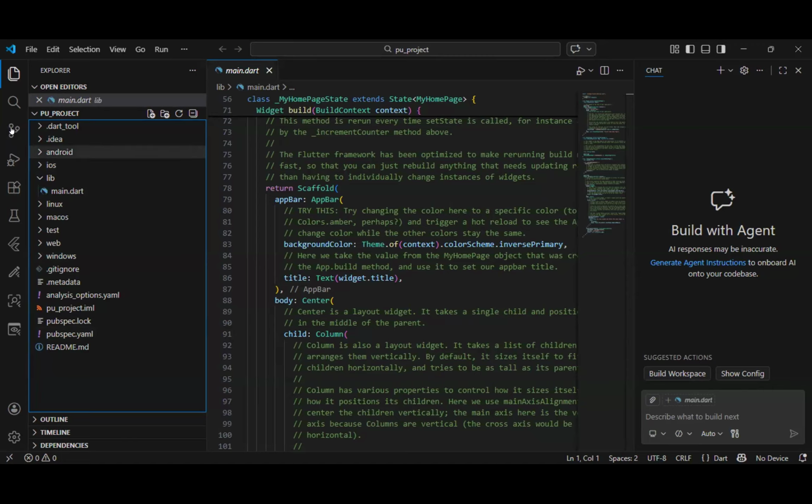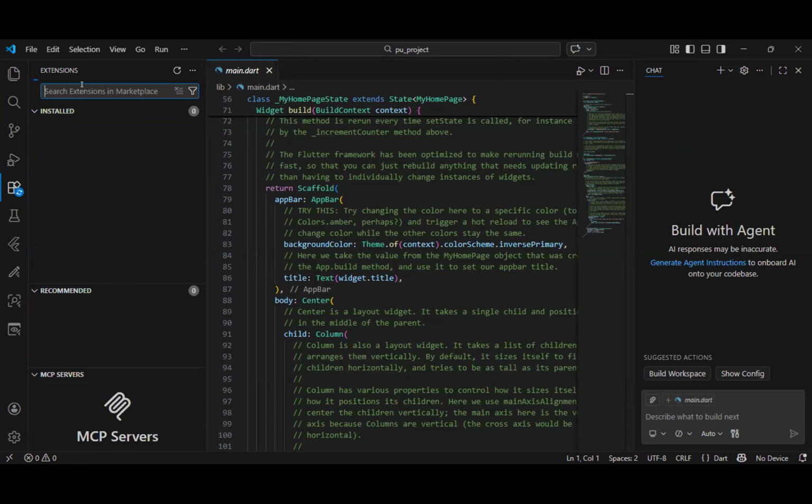You come to Extensions. Can you see where my mouse is? When you open your VS Code, you go to Extensions. At the left side, I've put the mouse on Extensions. Have you seen it? Yes. When you click on it, you come to the extension side.